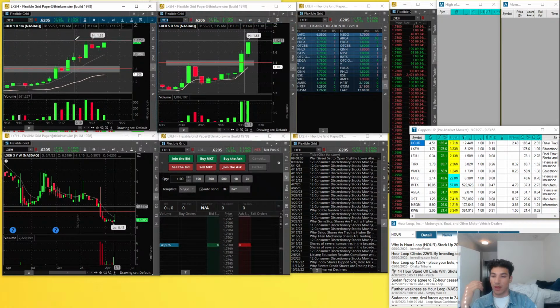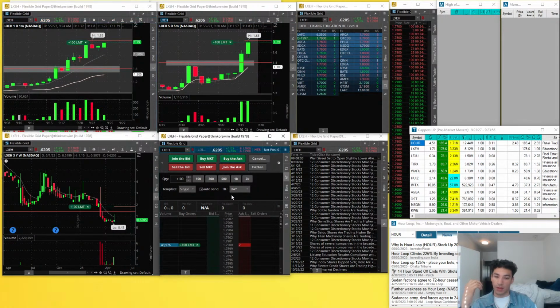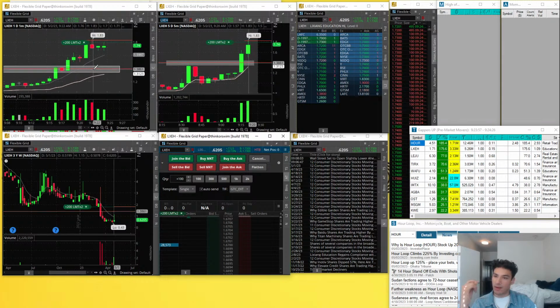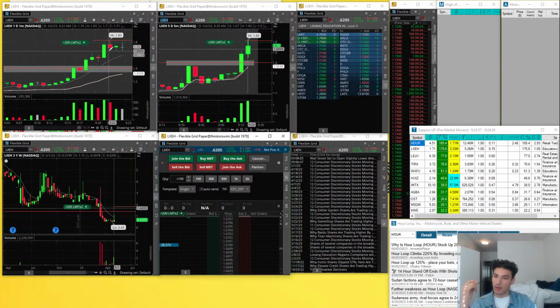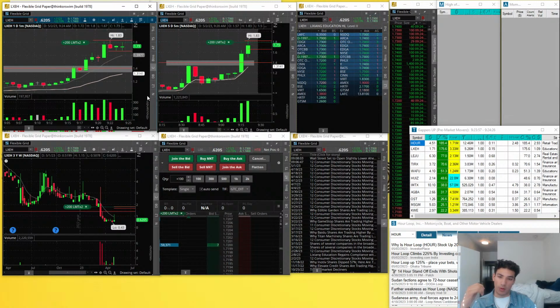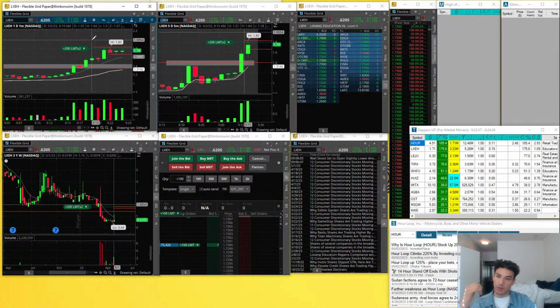Oh, beautiful flag right here. That's a beautiful flag. I'm gonna try to get in somewhere there. Maybe join the bid. Let's see. I'm trying to get in there. Trying to make something happen. I like this flag. Having a support level right here. If it falls through below that, I'll just cancel my orders. Next level is 2.